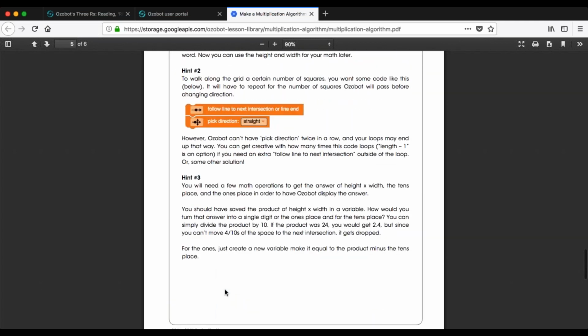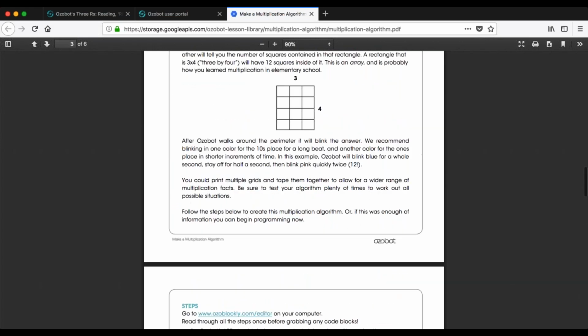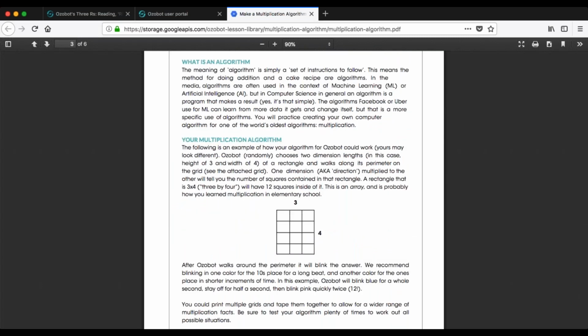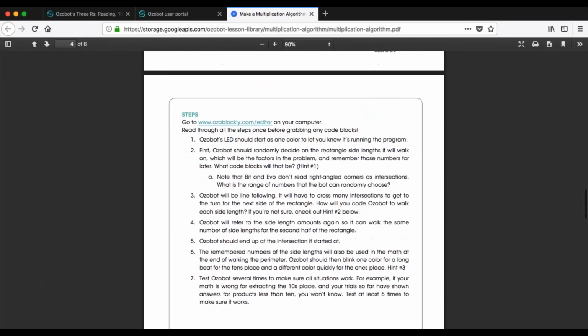So students will be asked to actually build this program from scratch, assuming that they do know some computer science. So for example, if the random problem is 12, or 3 by 4, then it should trace a 3x4 shape on that grid. And then a student handout would include some hints or some steps to give the students the idea